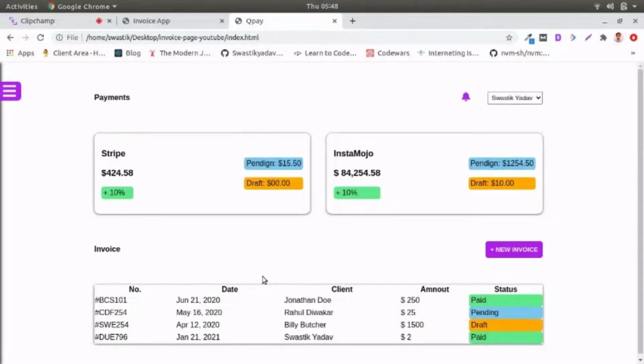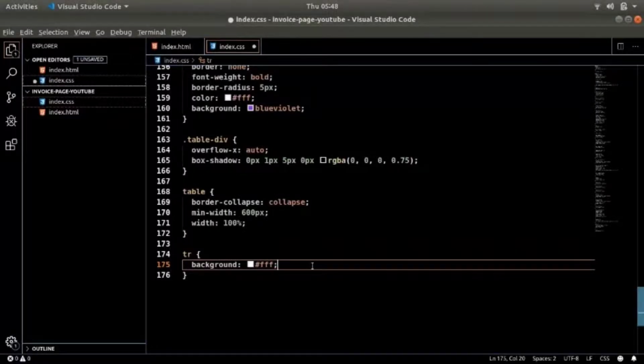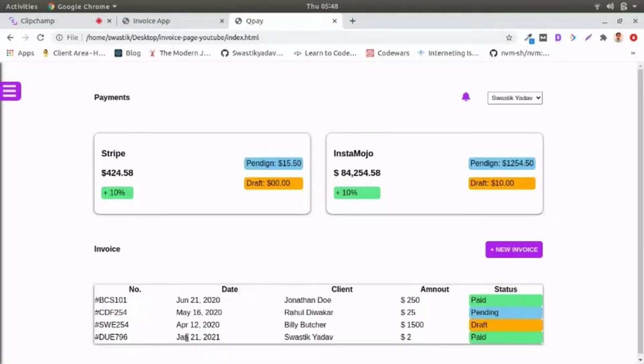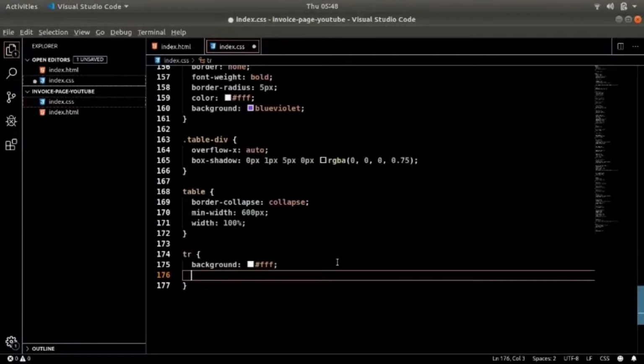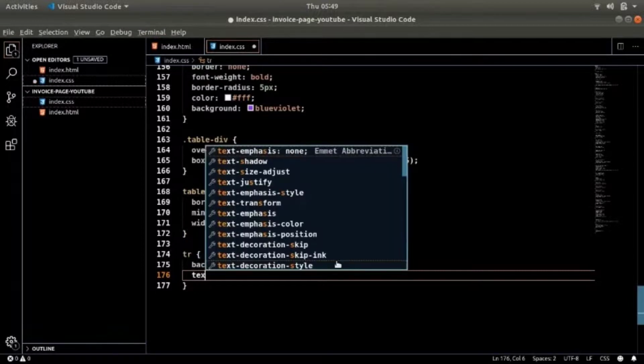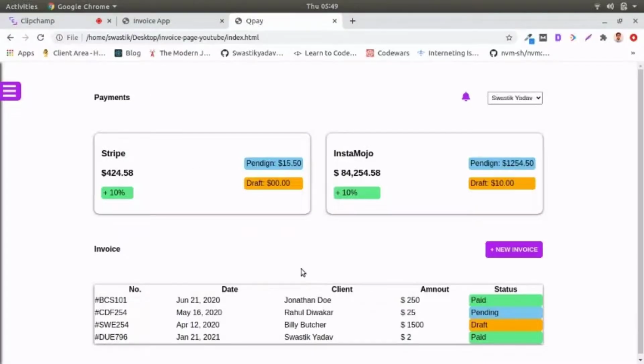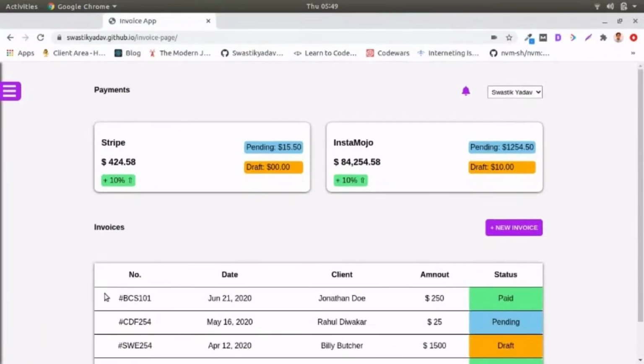I just realized that I haven't set the background of the entire body over here, because here it's different. We will do it. So for now the background is white for the tr, these rows. Text align center, so that they'll fall on the center of the cell. So this is one cell, this td is one cell.